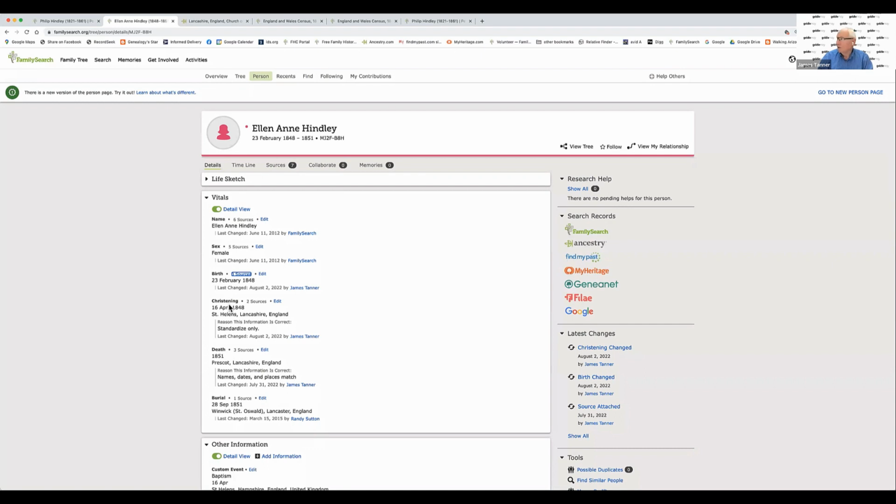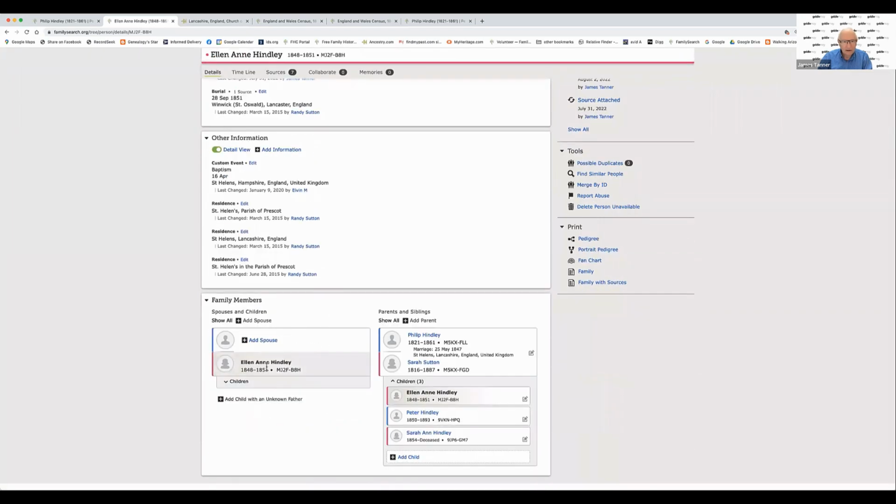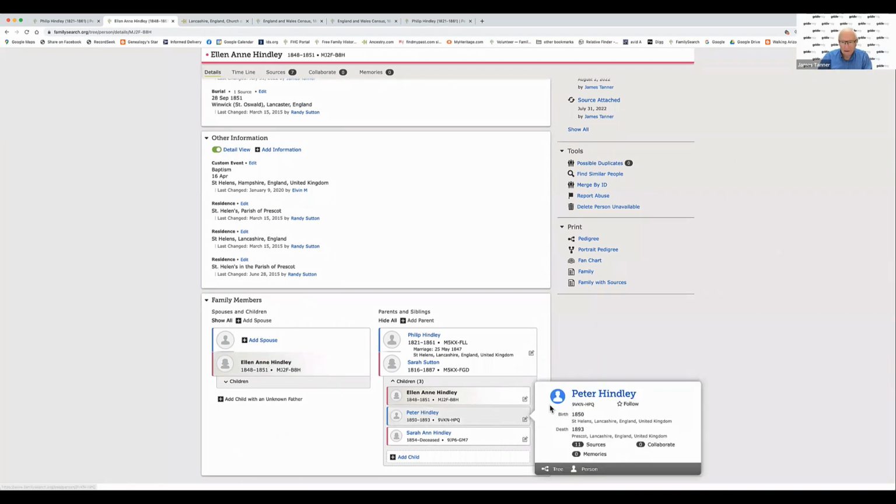So basically, what we've determined is that there's quite a bit of information here. Now, here we have an option to add a spouse, but when we look carefully at that, we see it's 48 to 51. So she died when she was 3 years old. Hmm. So that's not going to have... But then Peter lived till 93. Now, the question is here: